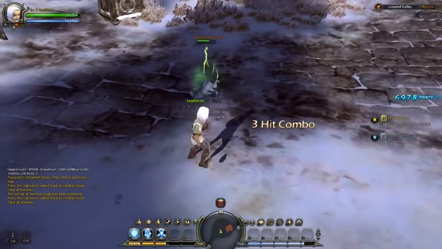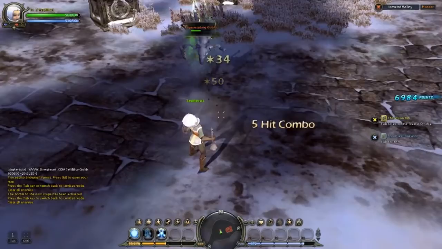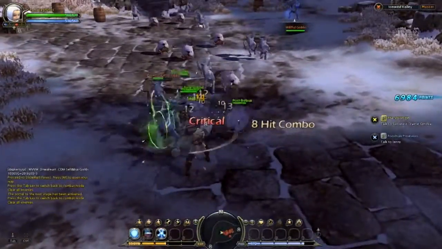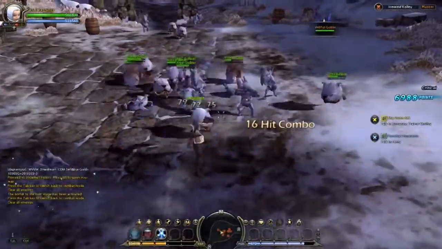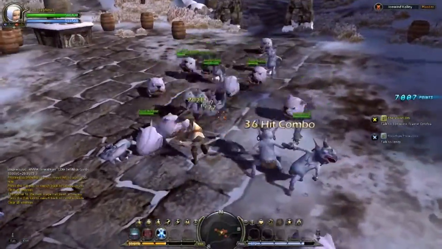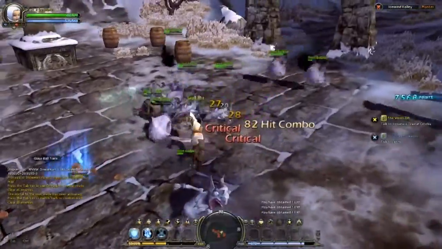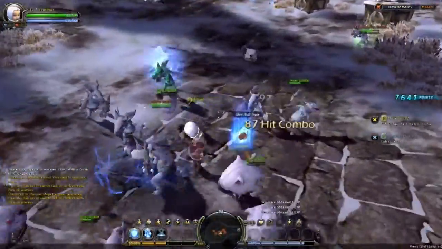It seems to me, I'm not sure if this is the truth or not, but the more combo I have, the more damage I do. I'm going to try to see if I can look at the numbers now. So it does seem like I do more damage, or maybe it's just my idea, but